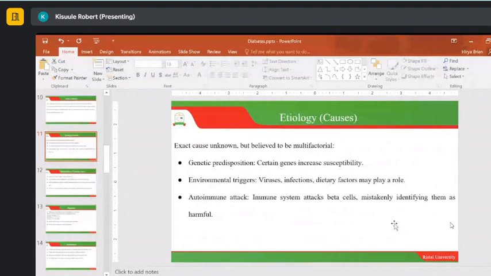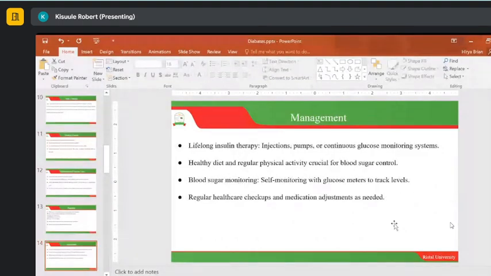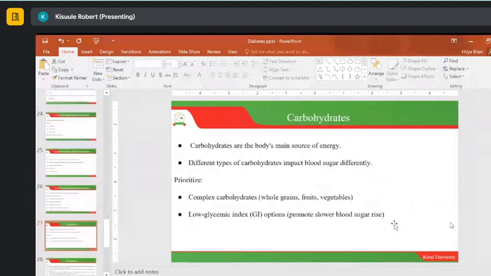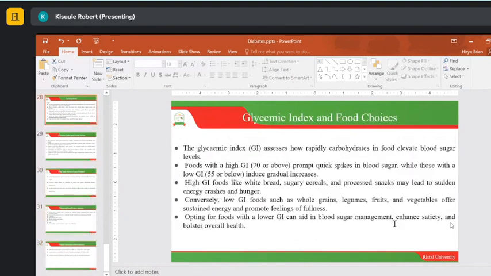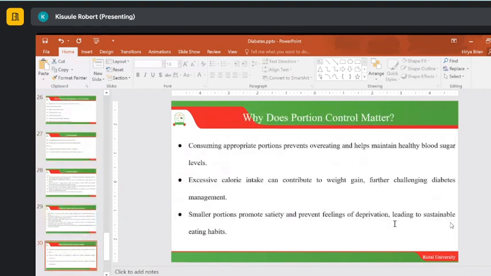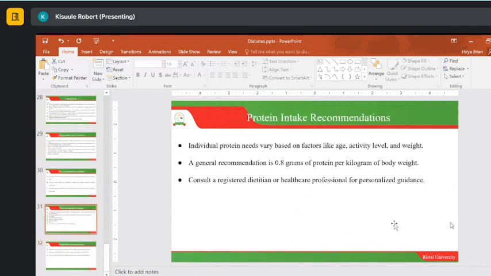We have seen the causes and its etiology, the genetic predisposition in terms of type 1 and type 2, being autoimmune for type 1, also where the body is failing to recognize the beta cells, and for the type 2 we are looking at basically the lifestyle and etc. We have looked at the glycemic index, how the food are releasing the sugar into the blood stream, and how we could use this to our advantage, the game of the glycemic index and etc. So friends, I beg to end here unless there is an issue.